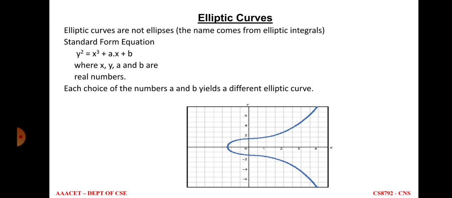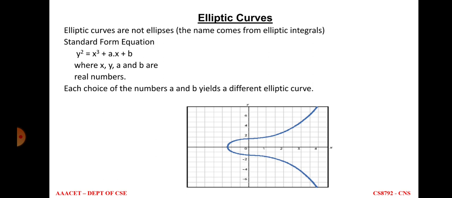And elliptic curve, you all know this is an elliptic curve. The equation is y square equals x cube plus ax plus b. Here x, y, a and b are real numbers or coefficient values. So we have to draw the elliptic curve in this manner also. In the previous slide, that is also an elliptic curve, and this is also an elliptic curve. Here we have to write the real numbers on the x-axis and y-axis. Below the x-axis we have to include the negative numbers, and after 0 in the horizontal we have to include the minus numbers.